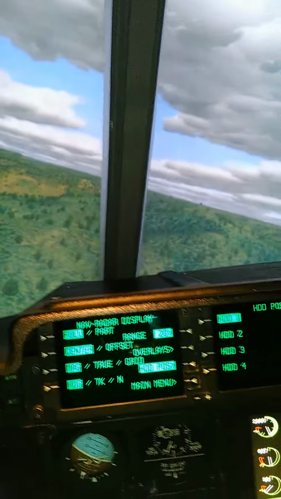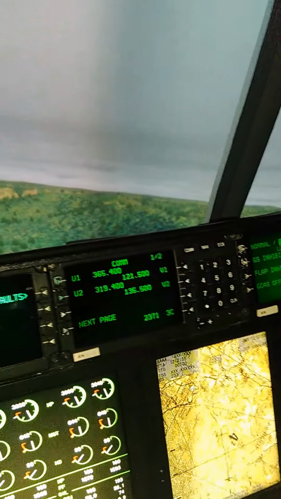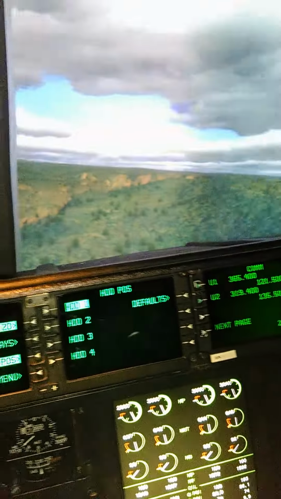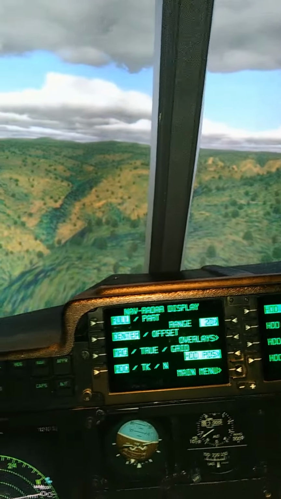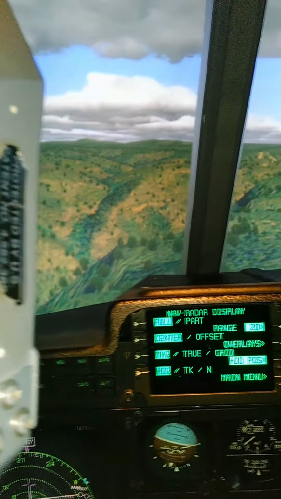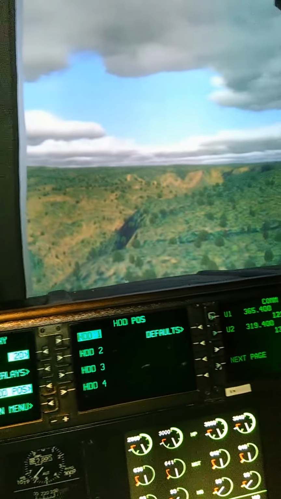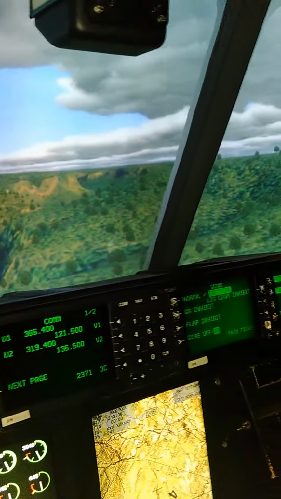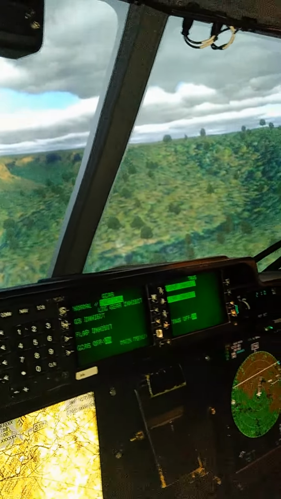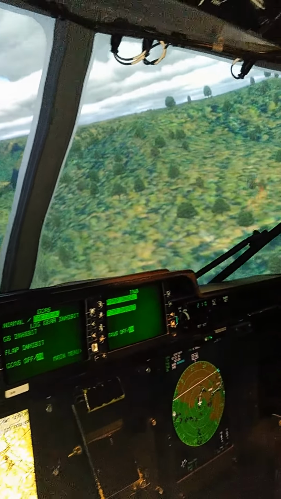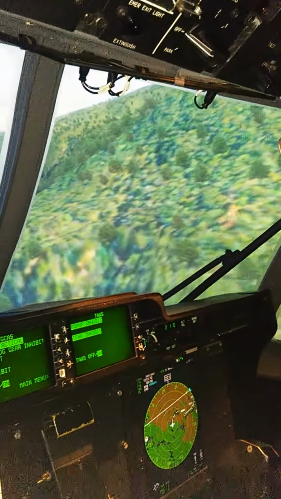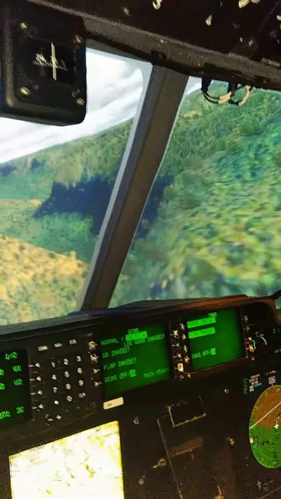The other advantage of the sim is that we can play around with things like weather. So outside, they're just manipulating the weather now. In the aircraft on a day, you might have to wait until you get a cloudy day before you can practice certain flying. Here in the sim, you can just turn the cloud down, reduce the visibility, and that way when you practice an ILS, you might have to fly the ILS all the way down to the bottom of the approach before you actually see the runway. We can put in crosswind, things like